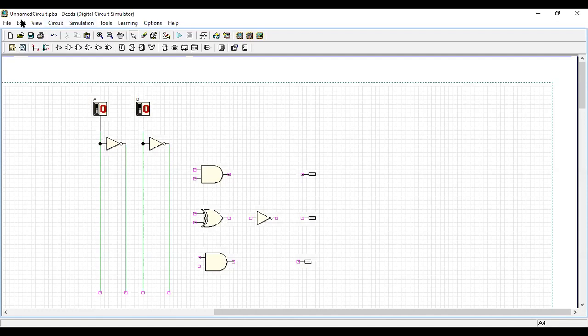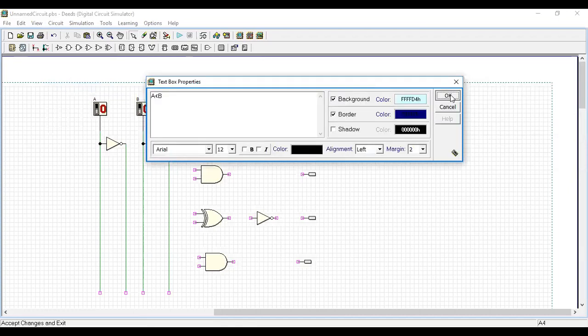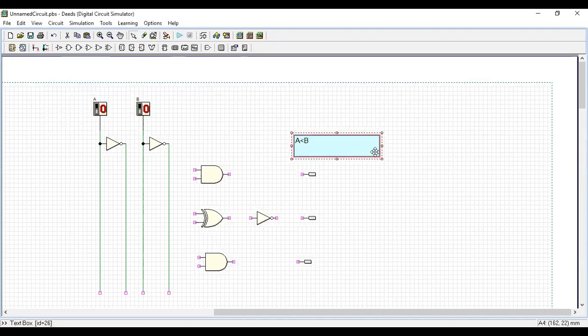I go to Circuit, insert text box. So this is my text box of A less than B. TT is truth table.